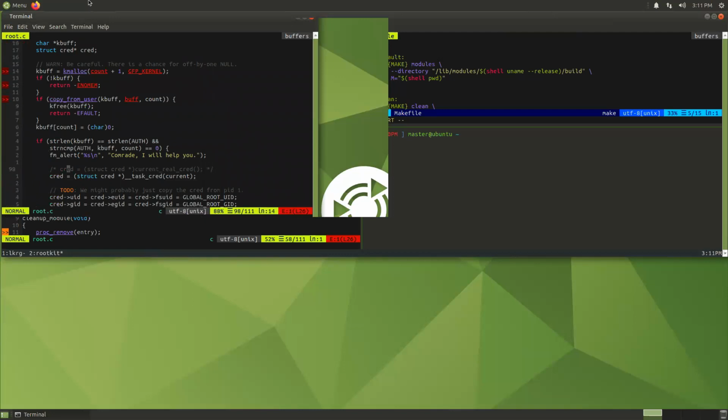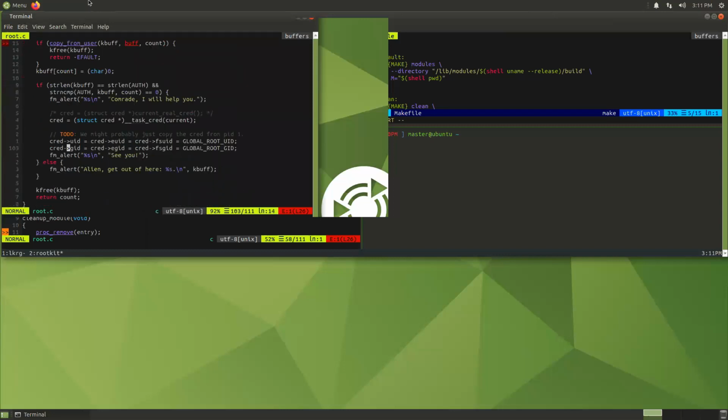We're going to see what this does. Here it allocates some memory to store the input. That's these first two steps here. Then it's going down here and it's going to check, based on that input, does it equal this authorization string? I'll explain what that is in a second. Is the length of the input equal to the length of our authorization string? If the length is right, then we'll do a string comparison. We'll compare the input to our authorization string, and if it is our authorization string, what we'll do is